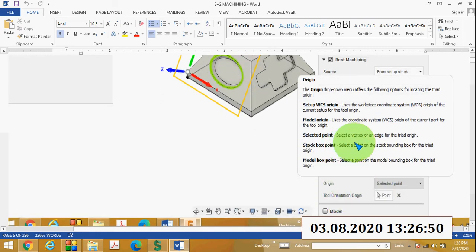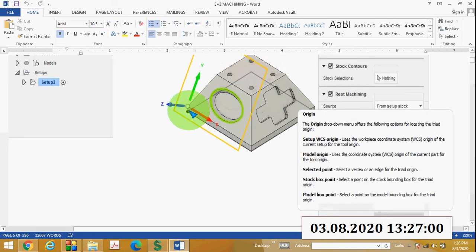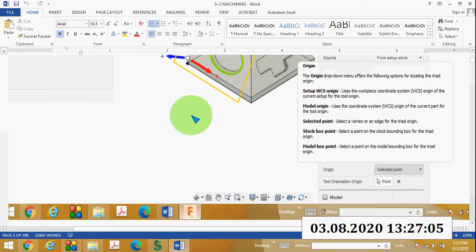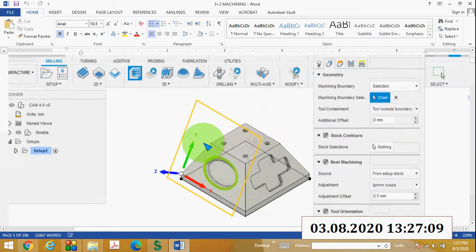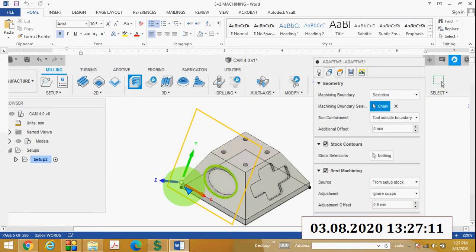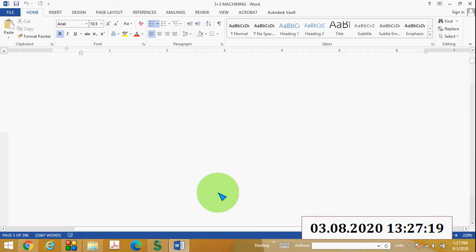Selected point means select a vertex or an edge for the triad origin. So I have changed the origin to selected point. Now you can see the tool orientation origin. I have selected this vertex as the tool orientation origin. Now you can see your coordinate axis. This is the x-axis, this is the y-axis, and this is the z-axis, and the machining boundary is also selected.